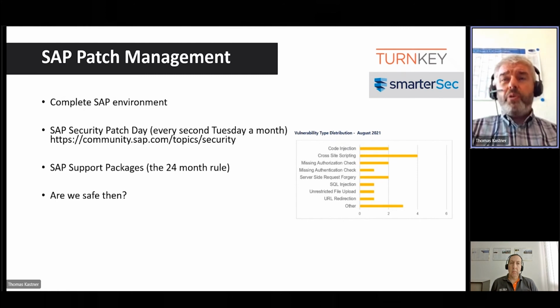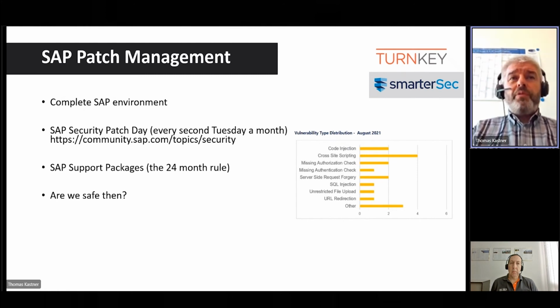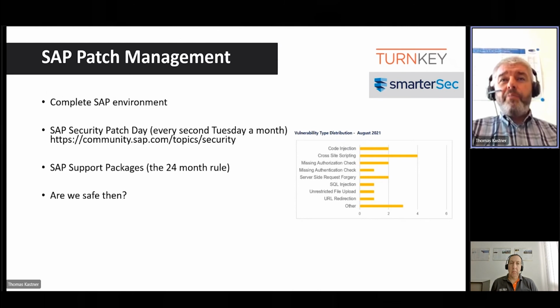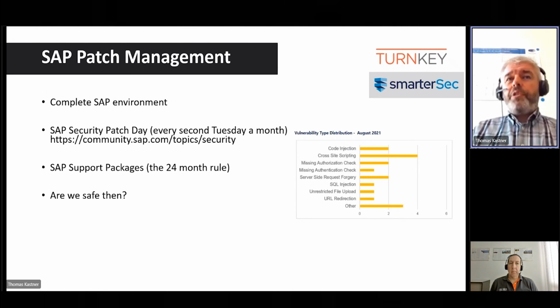Reason why? Quite simple. If the security patches or the support packages are released, they're public knowledge. And if you're not importing them immediately, there's a game between the hackers. They are developing attack methods versus you patching your SAP system. So it's quite important that you will win that race.